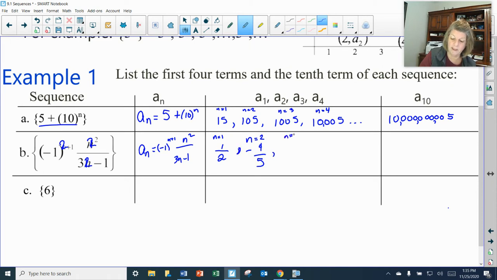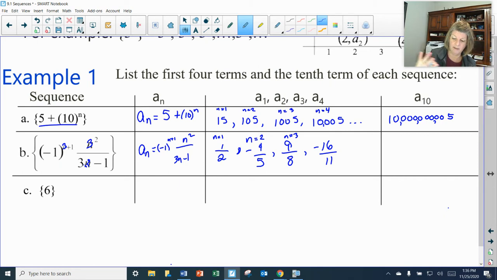Let n equal 3. So throw 3 in. 3 plus 1 is 4. That's going to be a positive number. 3 squared is 9. 3 times 3 is 9. 9 minus 1 is 8. And one last one, when n is 4, I would get negative